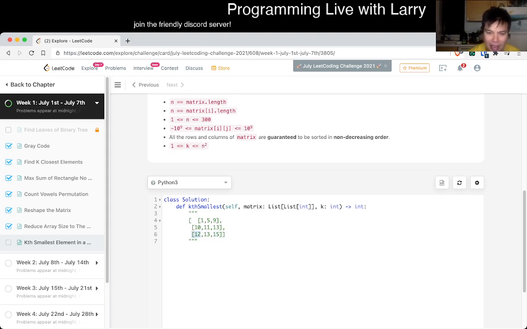What does this mean, right? That means I have at least rows minus 1 numbers that are smaller than it, and columns minus 1 numbers that are bigger than it, right? Meaning that all the numbers to the right we know are going to be bigger, and all the numbers to the north, or up, are going to be smaller. So what does that mean, right? That means that if we go up,